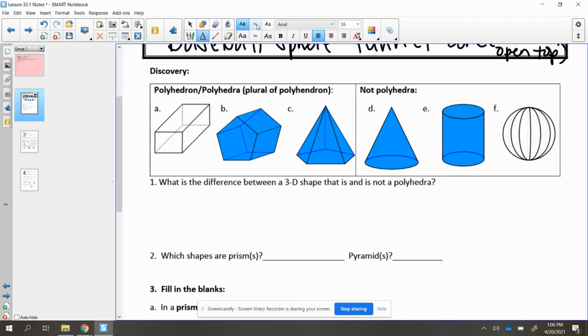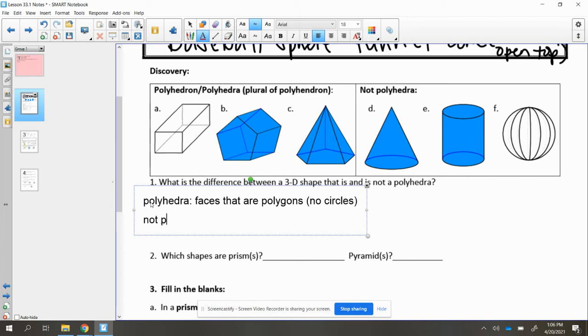Possibly you noticed that polyhedra have faces that are polygons, bringing it back to what we were talking about in Unit 5, Part 1. Basically there are no circles involved. There are polygons, starting with the triangle and going up to an infinite number of sides, versus our not polyhedra,